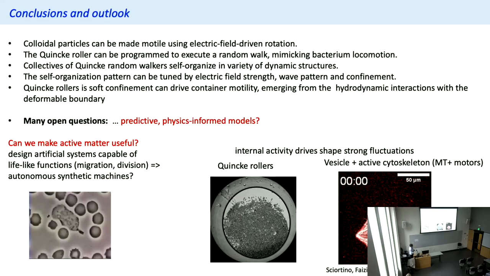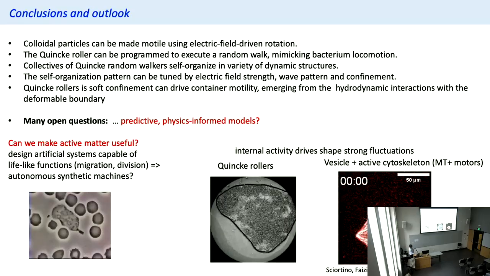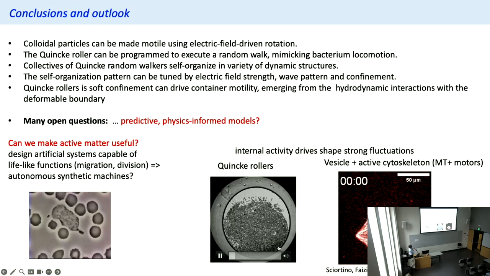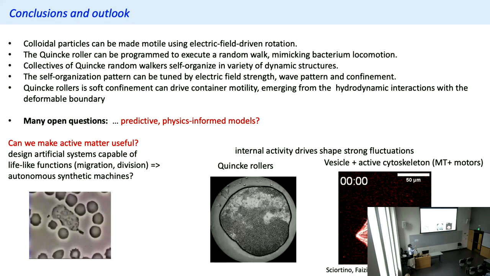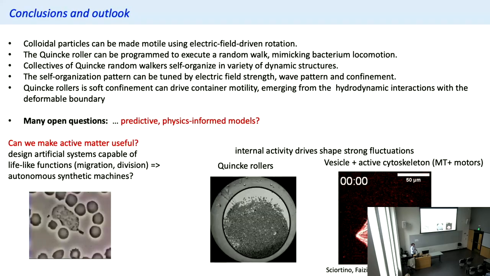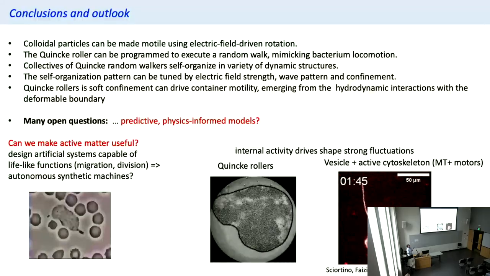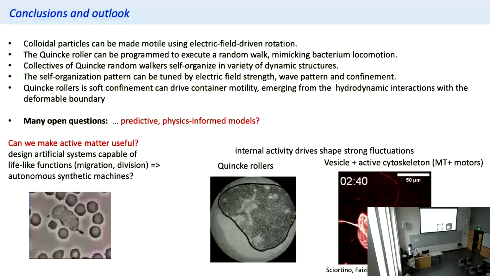We want many droplets. I'm very interested in these very large fluctuations. So this is another view of our Quincke droplet, which illustrates this. Again, this is just the field of view of the microscope. It's free space, but here it visualizes what the particles are doing. Large fluctuations due to internal activity are very interesting in biology. So this is something else that we worked on, a vesicle filled with active cytoskeleton.